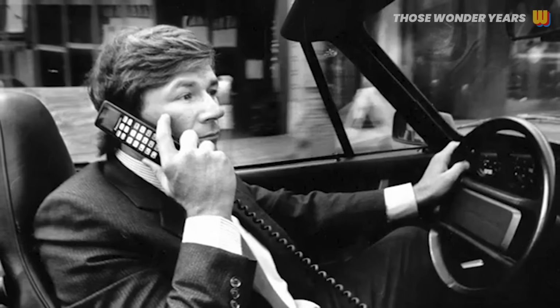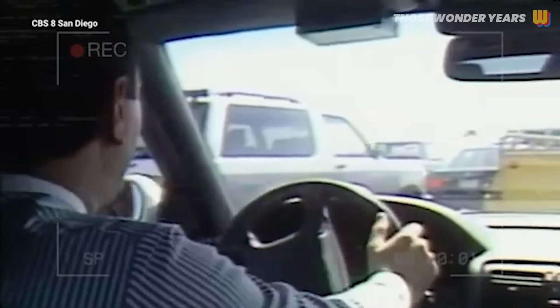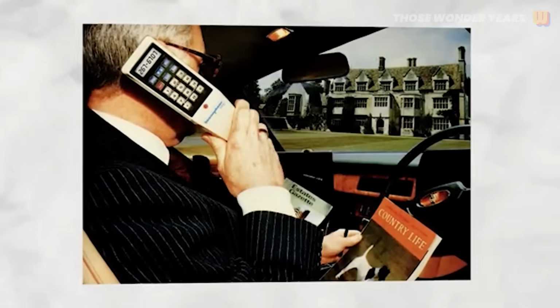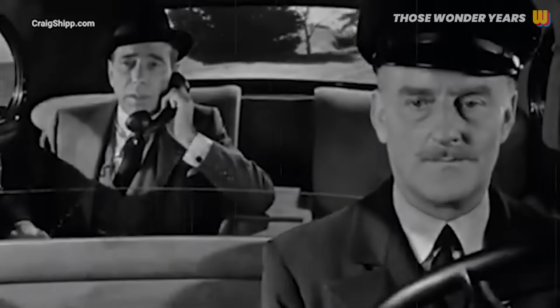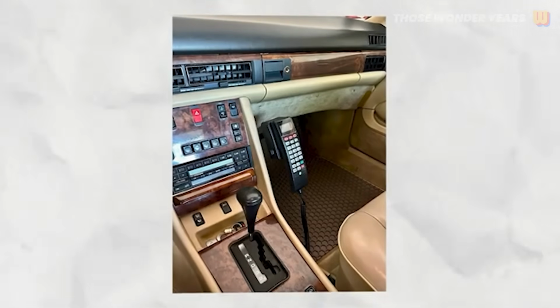phones. If you had a car phone in the 1980s, you were the epitome of success. Car phones were the ultimate status symbol, showcasing wealth and technological sophistication. Installed in luxury cars like Mercedes-Benz and Cadillac models, they offered a glimpse into a future where staying connected on the go was possible. Car phones were bulky and expensive, often requiring large receivers mounted in the console or between